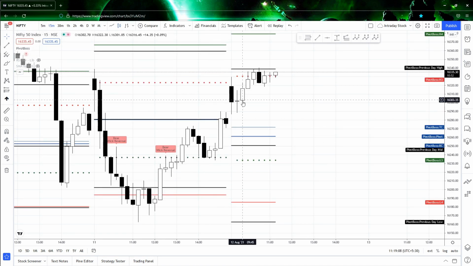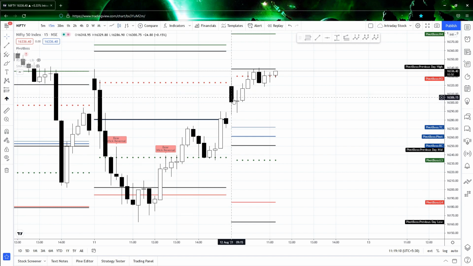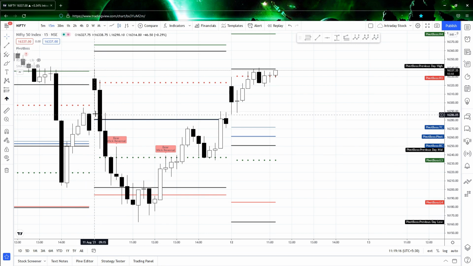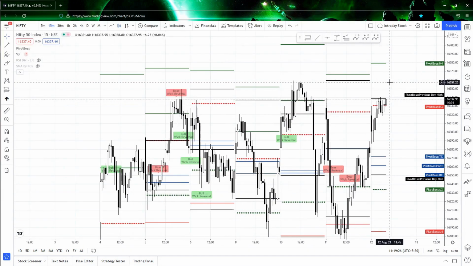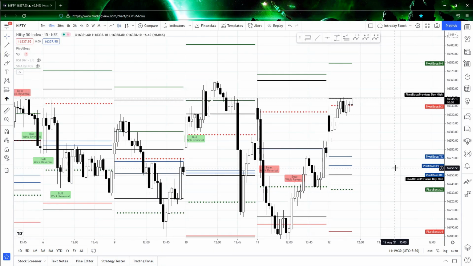Nifty has opened gap up and is trying to sustain above yesterday's resistance zone. So if you see here, we have faced some rejection. Here we have faced some rejection, and now I could see the two candles took a support over here, breaking above the previous day high. I think a good close might happen, and a good close above the all-time high might happen. So that is my expectation in Nifty.